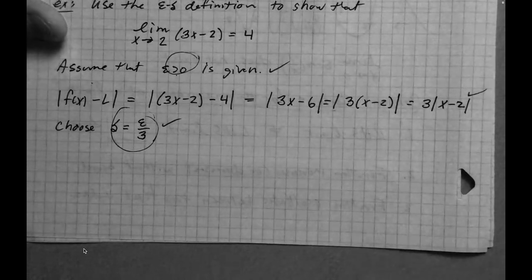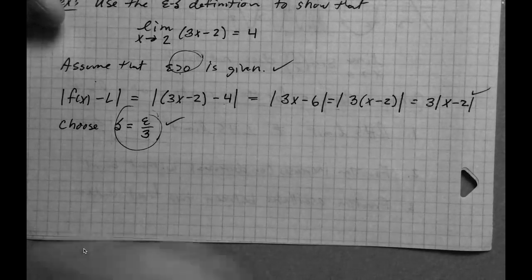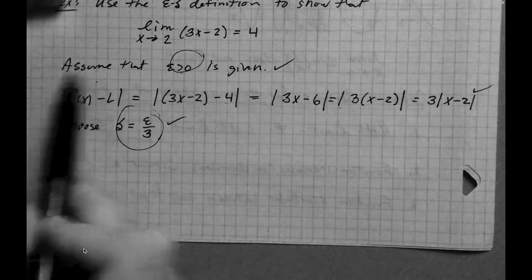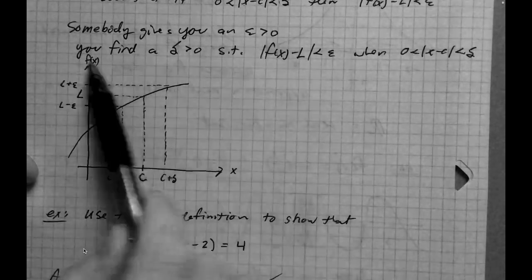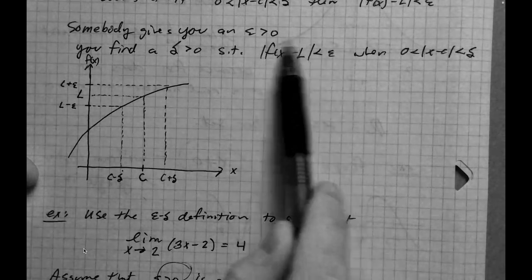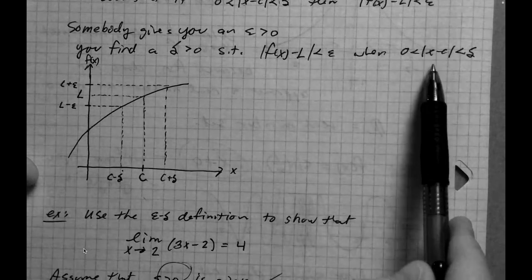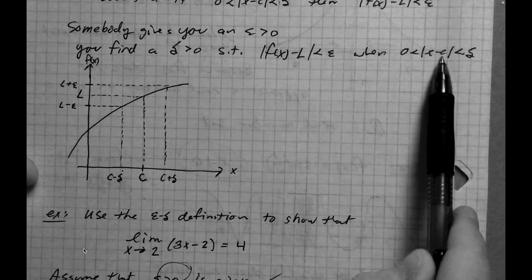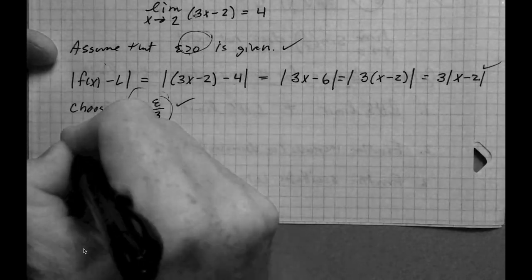So then, why did we do this? Well, remember up here in the definition, it says somebody gives you an epsilon, you find a delta such that you're within epsilon distance from L whenever you're within delta distance from C. So what we would do next is we would say, all right, let's assume